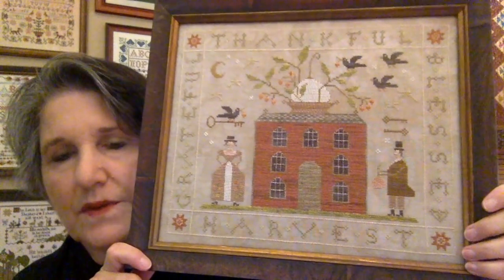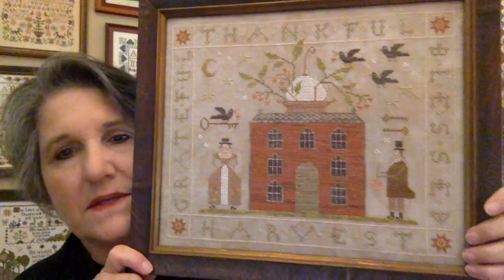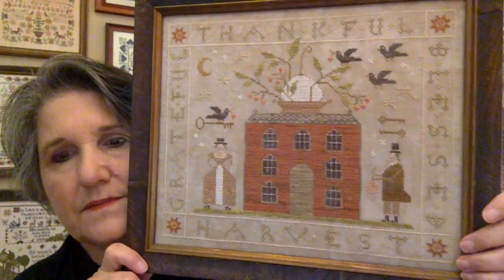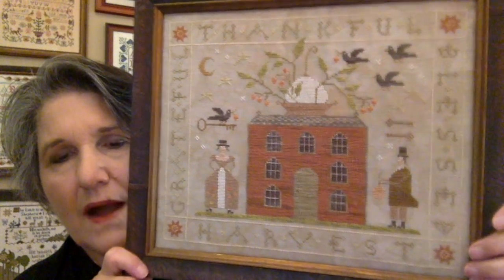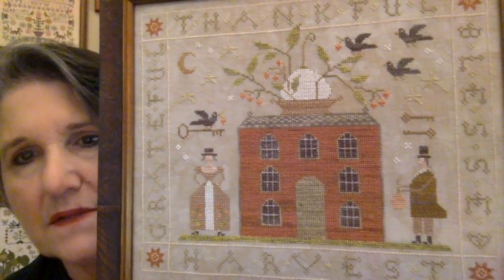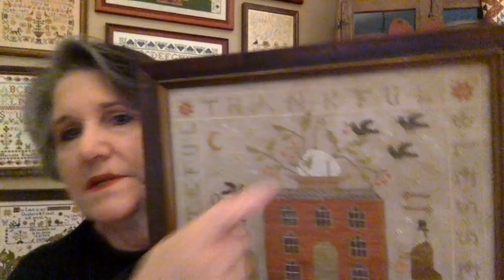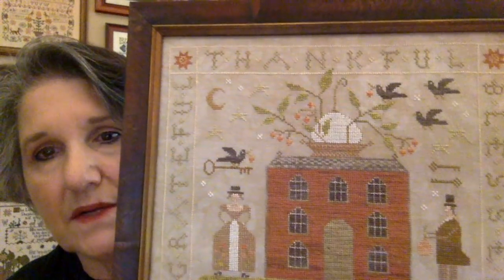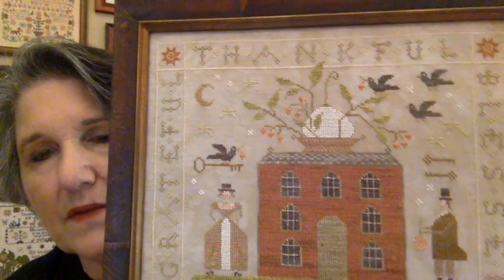This one I didn't find the pattern for. I think it's called Harvest Blessing. I know it's by Brenda Gervais with I Needle and Thread. Or maybe it's Grateful, Thankful, Blessed. That might be the name of it. I really loved doing this. Of course, I love big chunks of solid stitching. And interestingly enough, this white pumpkin was done, it calls for it, was done in a silk. And I think it really helped it to,